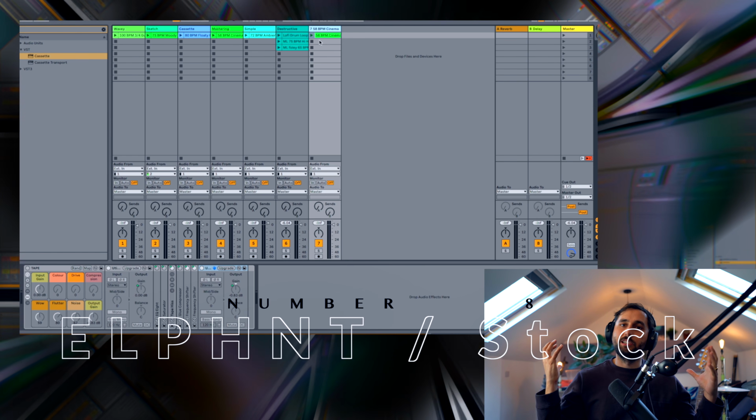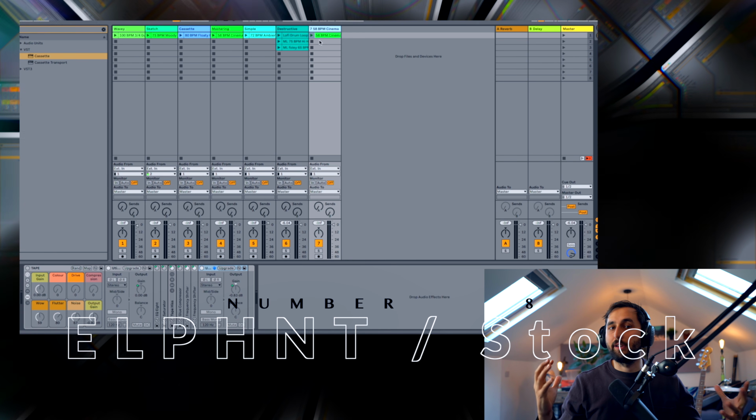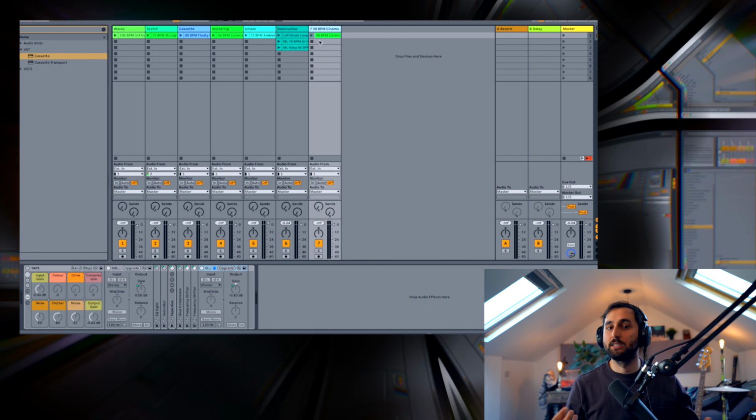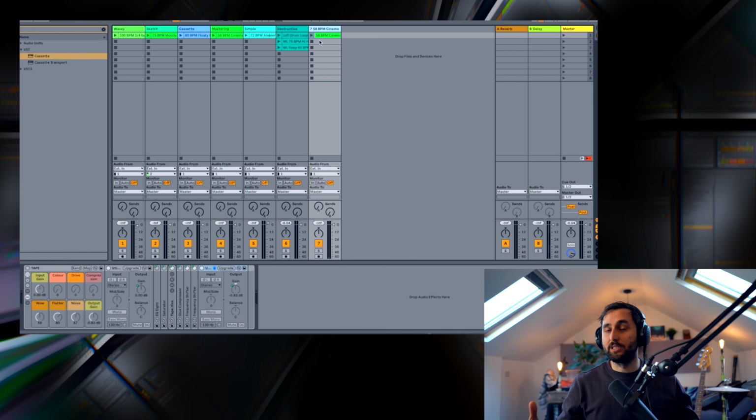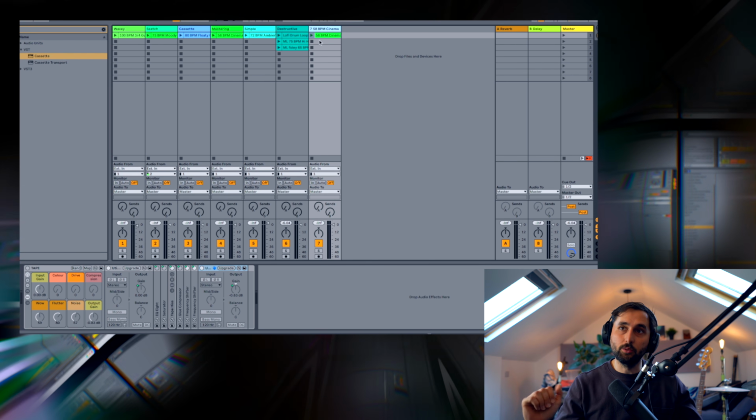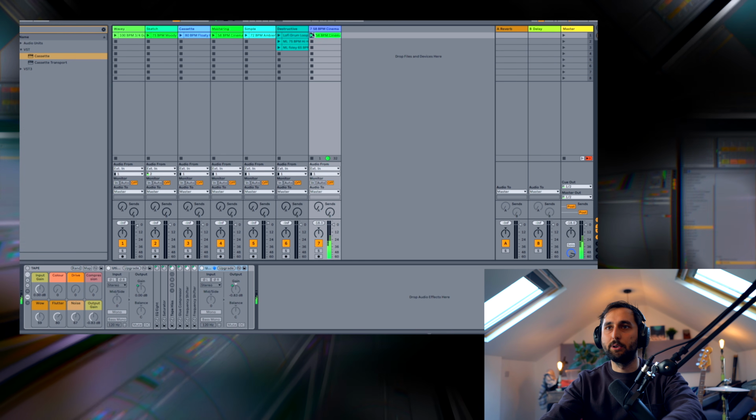And finally, I just wanted to show the Elephant tape rack for Ableton, which is a free download tape rack made with standard Ableton instruments. So if you're not an Ableton user, all I'm trying to show you here is that you can get a lot of these effects using stock effects in your DAW. So if I just play a little demo on this one,